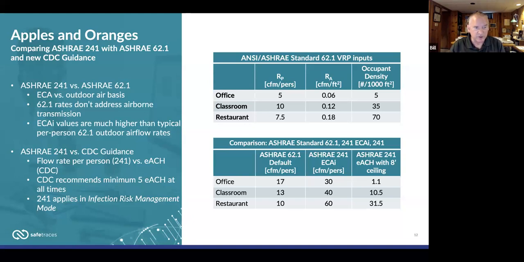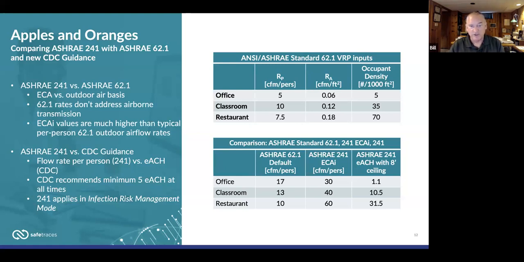The touchy issue is this 5 air changes that CDC recommended at about the same time that we published the review draft of 241. So the 5 air changes per hour is supposed to be a minimum for air quality that's applied all the time, where 241 only applies in infection risk management mode. The only thing I really want to point out here is that the carefully calculated values in 241 give us equal risk,